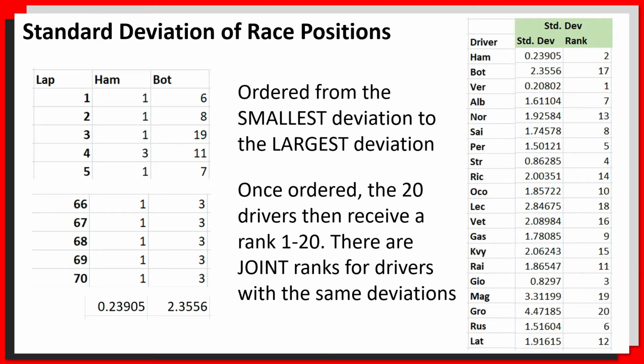We see that Lewis Hamilton was actually ranked number 2. He wasn't the most consistent person in this Grand Prix. That actually went to Max Verstappen. He was ranked number 1, and then the person who was the least consistent, with a standard deviation of just under 4.5, was Romain Grosjean, 3rd from the bottom. And then again, this makes up category number 2 of 28 for the Hungarian Grand Prix,